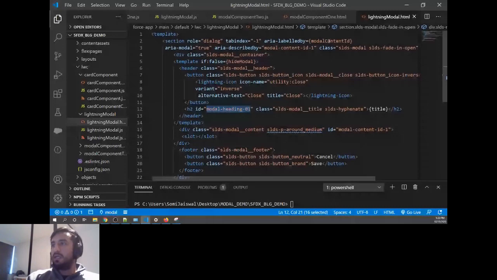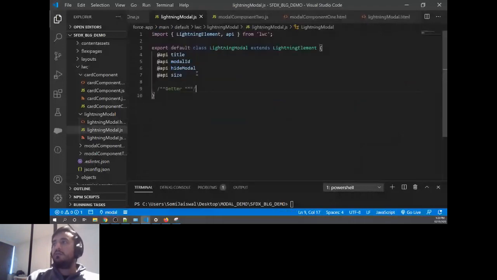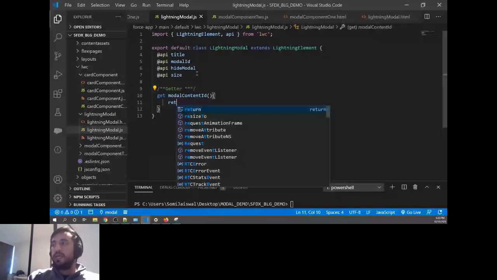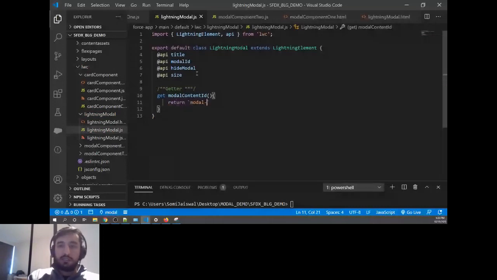So I said, okay, I'll generate this new ID dynamically and I'll create a getter. A getter is useful when you want to manipulate the data and show the manipulated data on the HTML. So I'll say get modalContentId, and we'll use backticks, that is string interpolation. So modal content ID, and we'll add a dynamic string that we are getting from the parent, that is this.modalId.